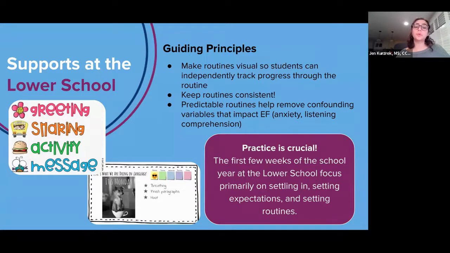They can be social routines. So every classroom at the lower school starts with a responsive classroom morning meeting routine every morning. That includes a greeting, a sharing activity, some kind of active activity, and a morning message to introduce students to their day. We all start with that routine and close with a closing circle routine. And it can also look like an initial routine for starting class. For example, that slide on the bottom is a 5th grade language class that every single day when you settle in, you come in, we do 3 deep breaths together, and then there's 1 or 2 activities that I can look at and see what's coming up in my day to start to predict that.